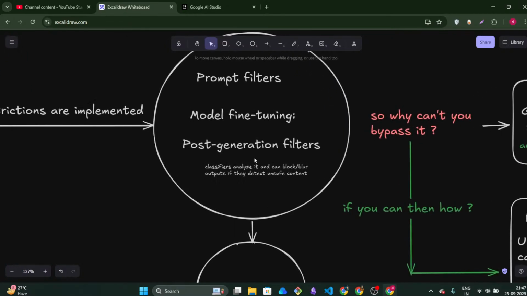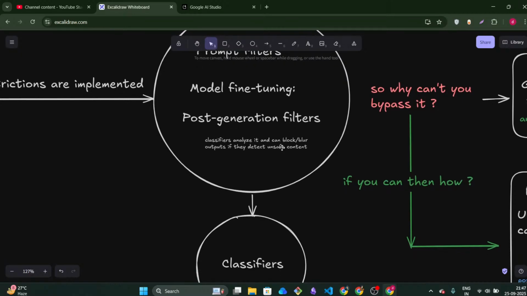But then there is the main part that most of us sometimes feel frustrated about: why can't GPT, Claude, or some image generation online hosted models give specific content? I mean, you can understand what I'm saying. There are post generation filters. Even if the prompt goes through, when we get the image from the model, before giving it to the user,